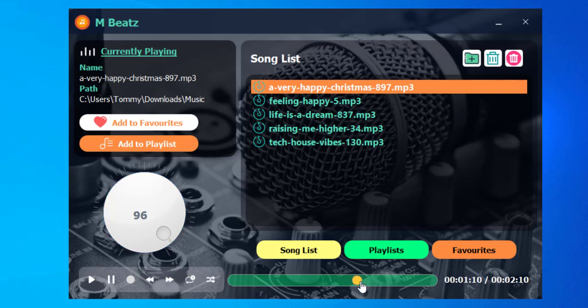And then I can drag it forward and back in time. I can loop this particular song only. So if I click on it now and loop it, when it gets to the end, it will play the same song again. You can see that the selection will not change and it is playing exactly the same song. I can also choose to